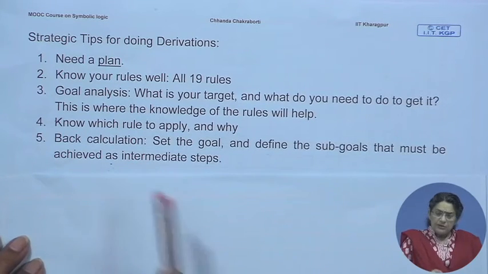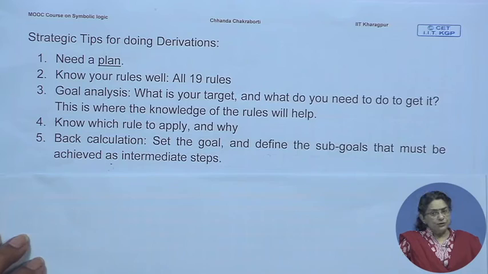And then some people do back calculation also. For example, just like we did in the last examples in the last module, we were working back. So, if the goal is like this, in order to get at the goal, what is it that I need to have, and then in order to get that, what other intermediary steps do we need to take, and so on and so forth. These are tips,